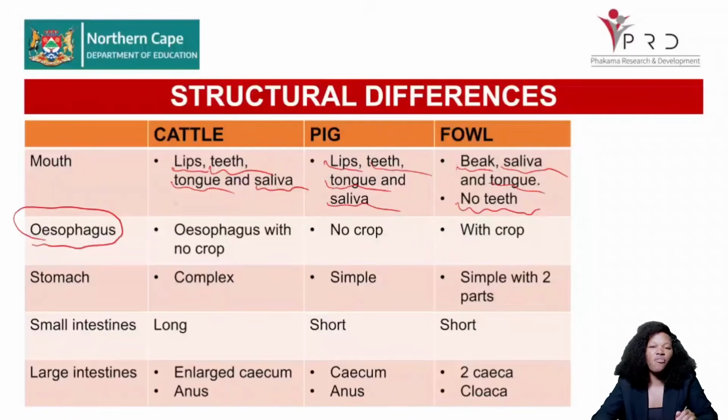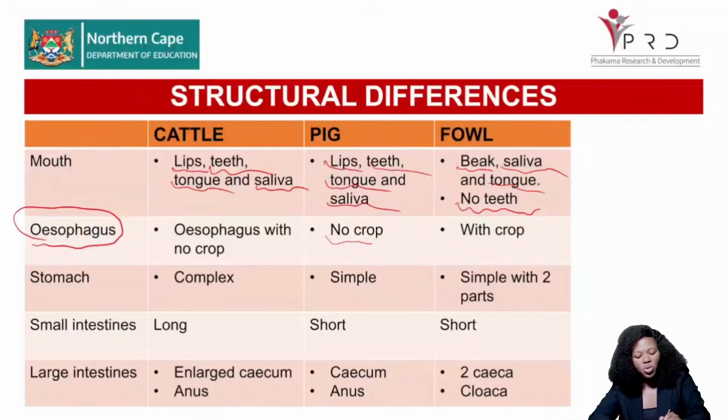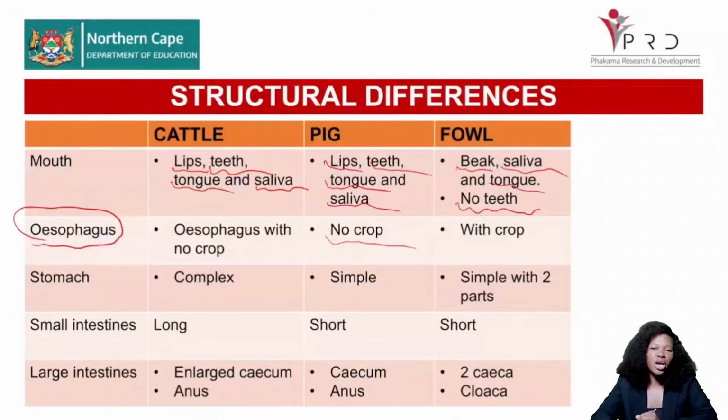The esophagus of a cattle is not connected to a crop. It is just a normal esophagus, responsible for peristalsis. Right? When it comes to a pig, it is not connected to a crop as well. But when it comes to a fowl, the esophagus is indeed connected to a crop. Those are the differences in the esophagus as a structure. When it comes to the stomach,